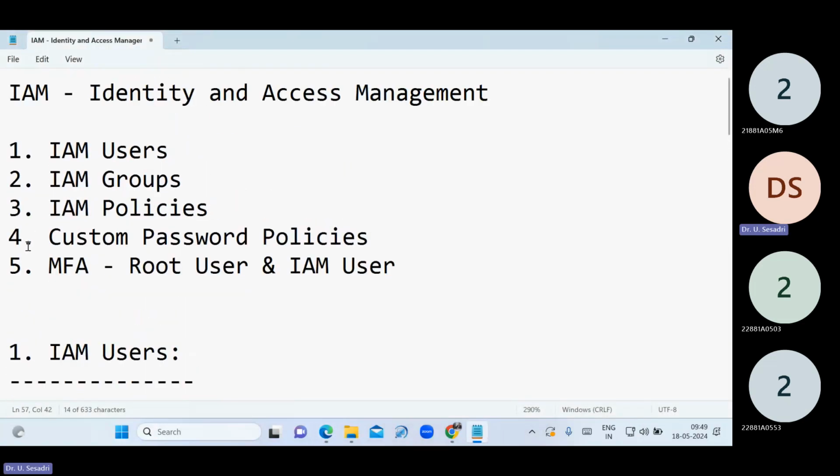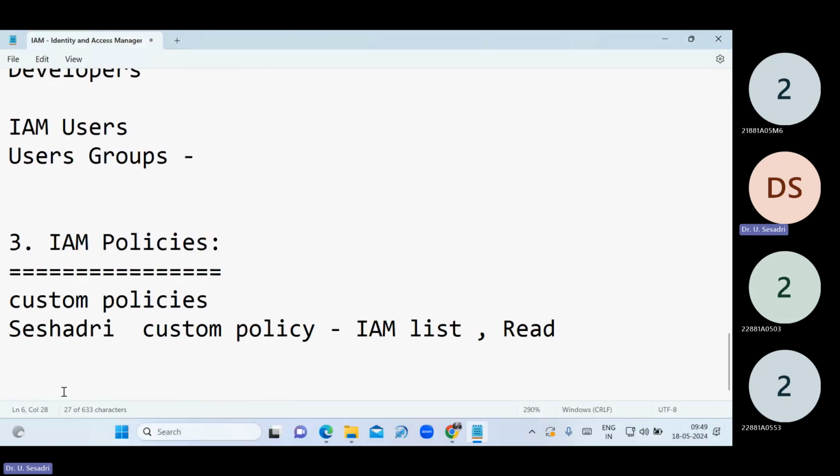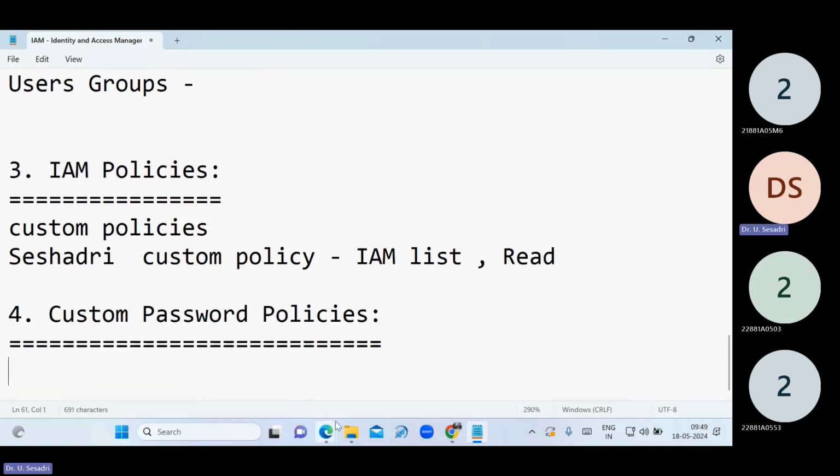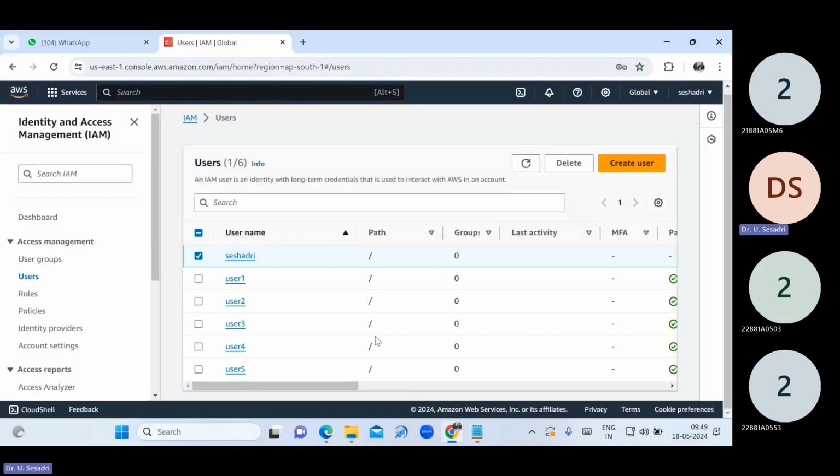Now, in this session, I want to discuss one more concept: how we have to create custom password policies. Custom password policies. See friends, in my AWS root account,